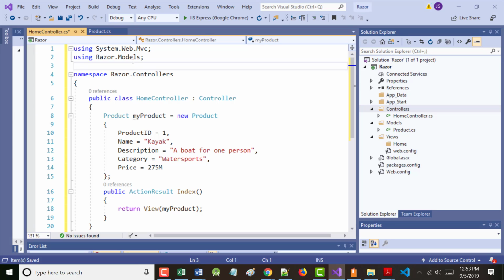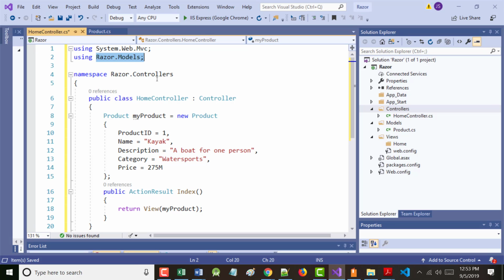If we didn't have this line of code and we tried to work with certain things and we got an error message saying it didn't know what that meant, there'd be two ways to fix it. One would be to add this line right here. The other one would be to say Razor.Models and then whatever it's looking for.